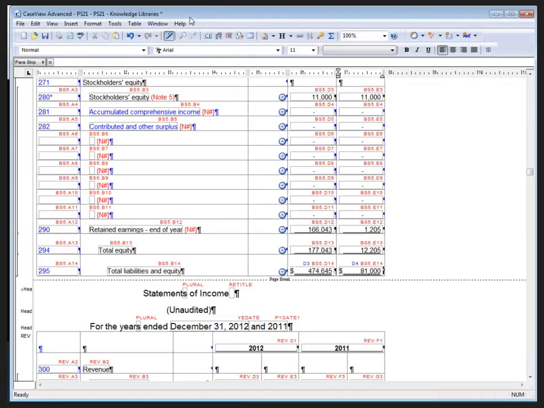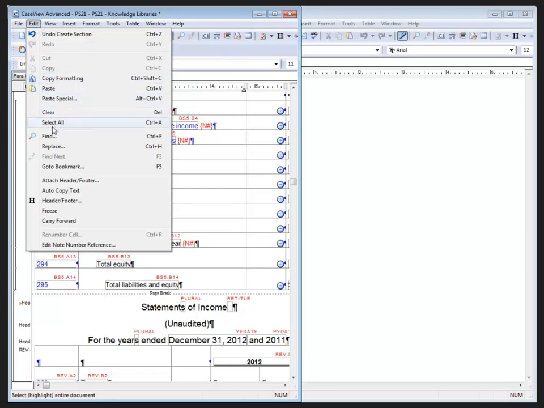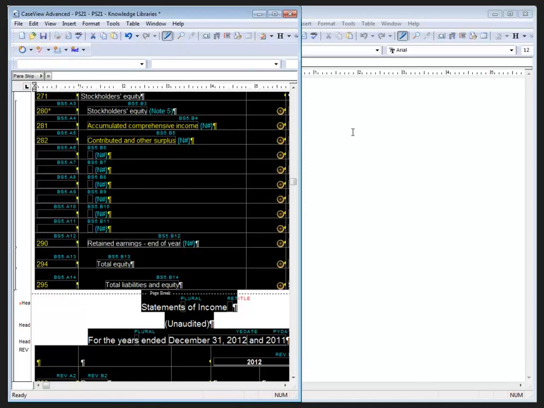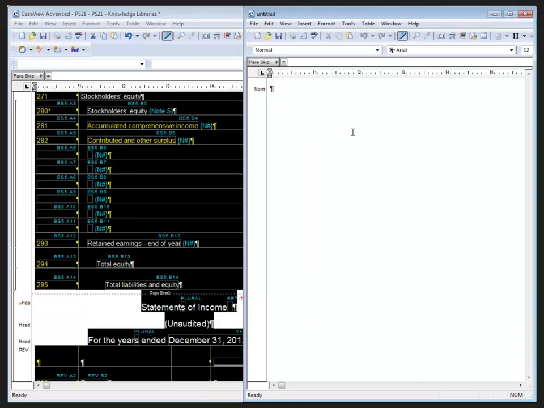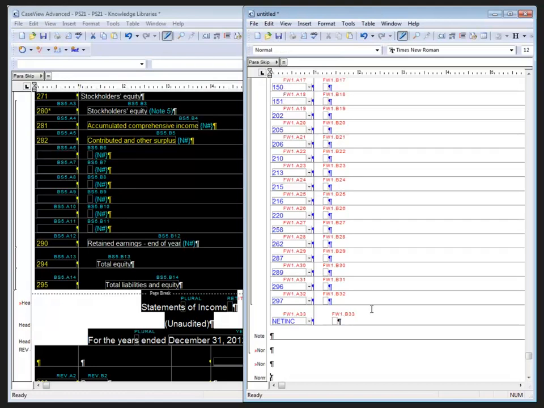So I'm just going to arrange these side by side to make it a little bit easier. And in my original document, I'm going to select Edit, Select All, and Edit Copy. And moving over to my new knowledge library document, I'll select Edit and Paste. So all of the content from the body of the document was pasted in at this point. Now at this point I want to save my knowledge library document, so I'm going to hit the Save button,